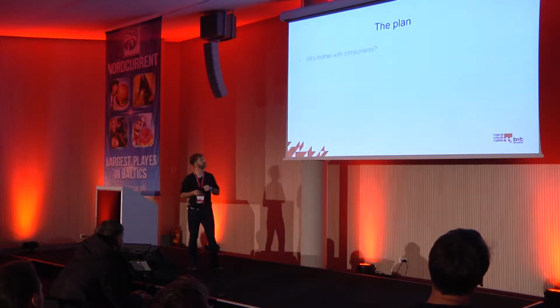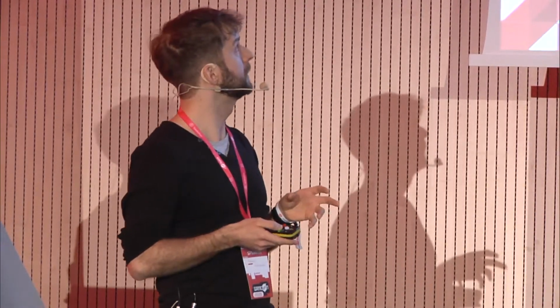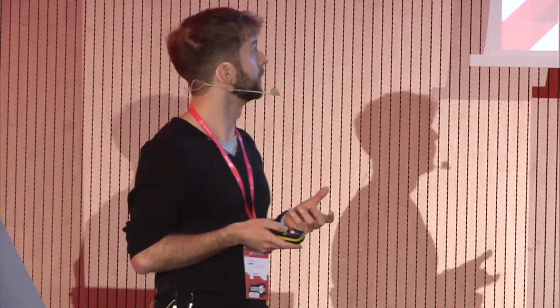What's the plan? Well, why do we even bother with components? Unity has components, Unreal has components, most modern game engines have components. Then we'll talk about anti-component system architecture versus component-based architecture. What are the caveats of each of them? And then we'll talk about how we realized our event system in our engine. And last point, I'll give you a case study of how we did gameplay time-lapse capturing in Frostpunk.